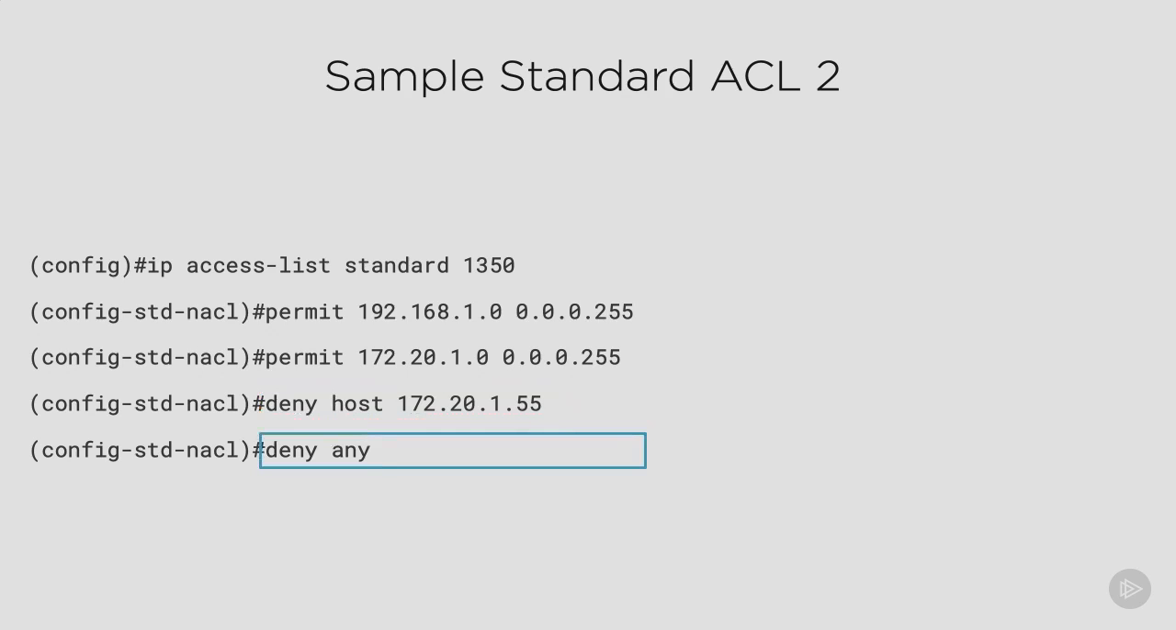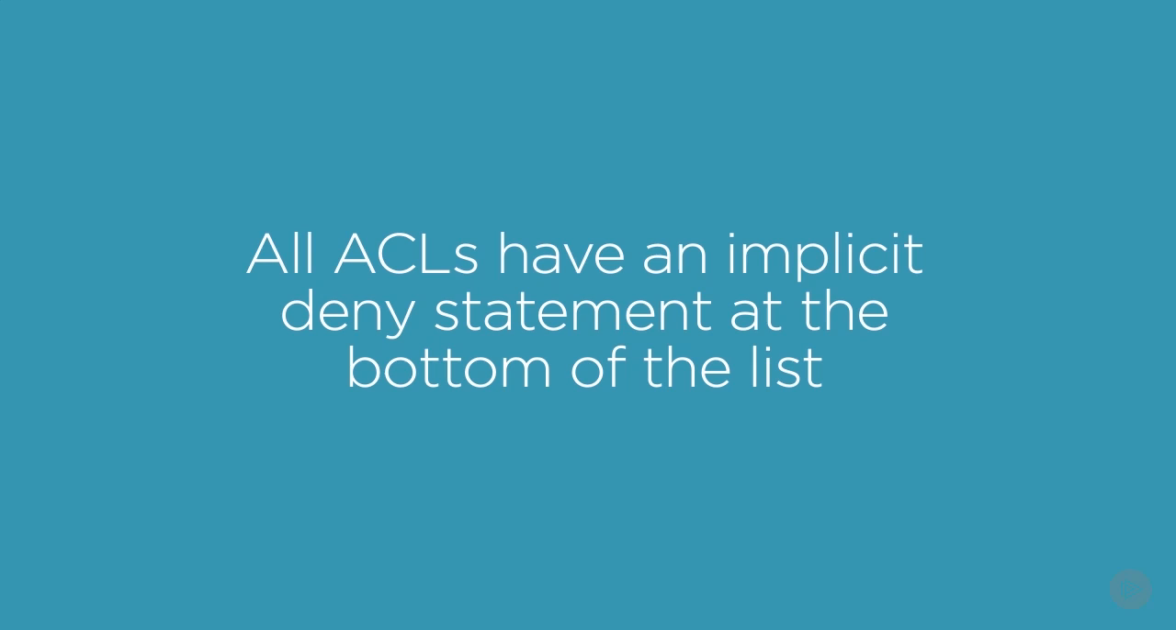Lastly, I wanted to talk about the deny any statement at the bottom of this ACL. If a network engineer wanted to deny any traffic that was not specifically permitted earlier in the ACL, they do not need to manually place this deny any statement. This is because all ACLs include a deny statement at the end of the ACL, regardless if the engineer manually places one there or not. Let me say that again. All ACLs have an implicit deny statement at the bottom of the ACL. So this means that if an ACL is being applied on a router and the traffic is not explicitly permitted,